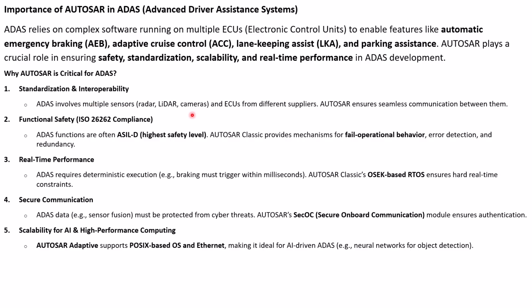ADAS involves multiple sensors, radar, lidar, cameras, and ECUs from different suppliers. Autosar ensures seamless communication between them. And functional safety, ISO 26262 compliance: ADAS functions are often ASIL D level, because ADAS functions are very critical and failure of ADAS functions can lead to fatality. That is the reason ADAS functions are usually ASIL D level, and Autosar Classic provides mechanisms for fail-safe operational behavior,